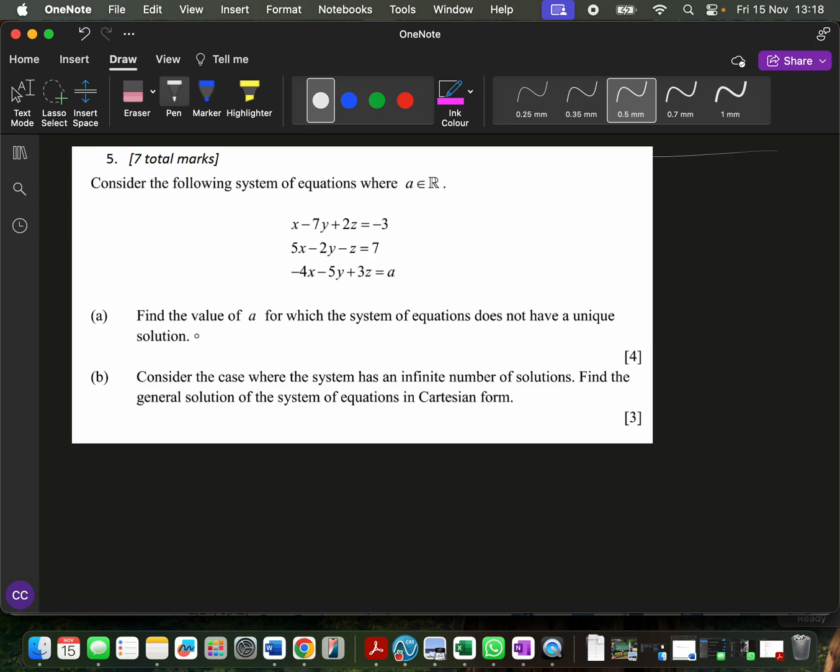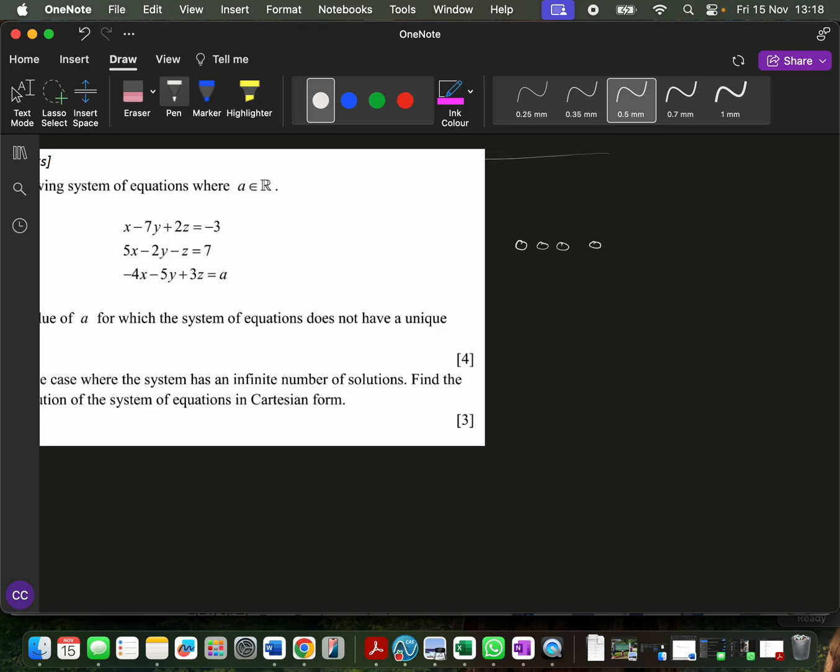Any values will work. So if we were going to do this in Gaussian row reduction, that means one row has to look like that. If we get a row that looks like that, we have no unique solutions because all the values will work. Okay? So using Gaussian row reduction,